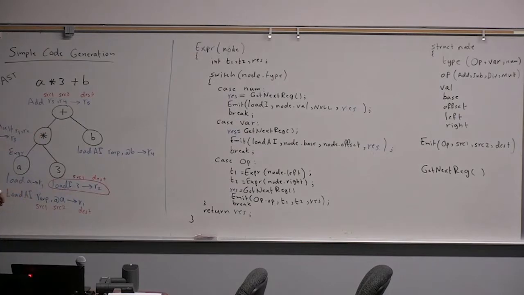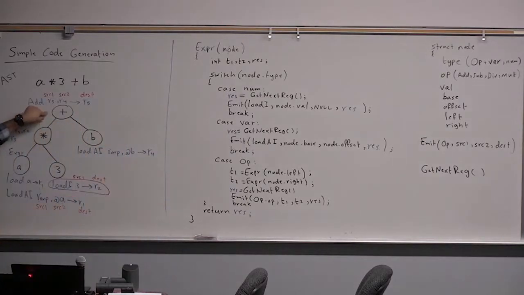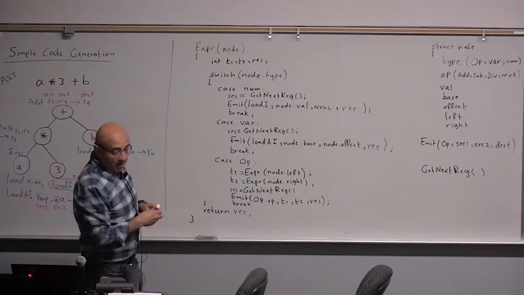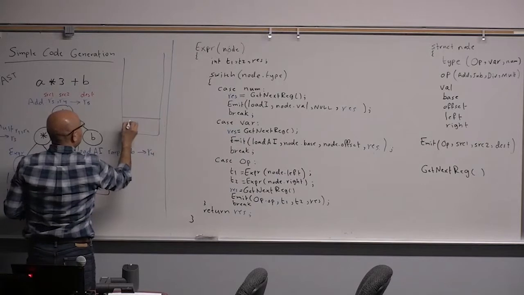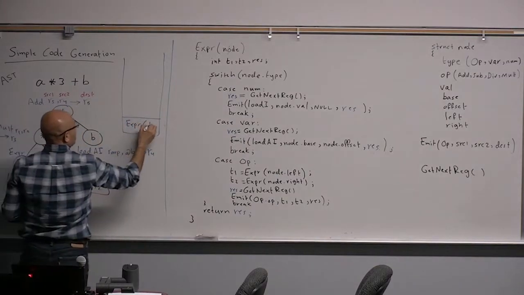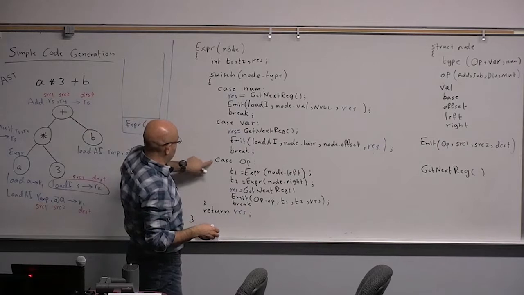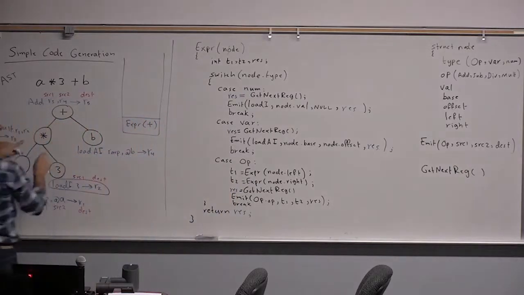Okay, so now let's trace it on this example. We start traversing the tree from the root, right? So we start from the root. And in the beginning, let's put the stack. So first we call expression on root, so expression on plus this node. Now expression on plus is going to switch, okay, this is an op, so it will recursively call itself on node left. And node left is going to be the multiply, so it's going to call